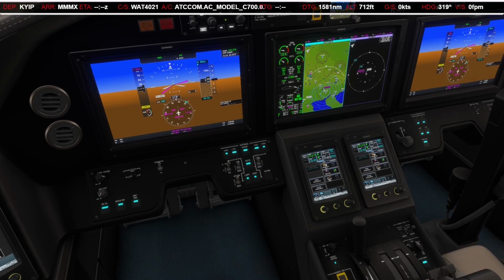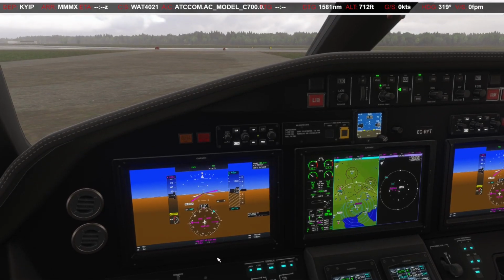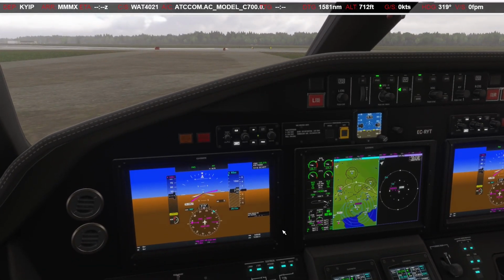Willow Tower, Walker 4021, runway 23, ready for takeoff. Walker 4021, Willow Run Tower, runway 23, winds 225 at 5, RNAV Jules, cleared for takeoff. RNAV Jules, cleared for takeoff, runway 23, Walker 4021. Really should say the runway first, but...